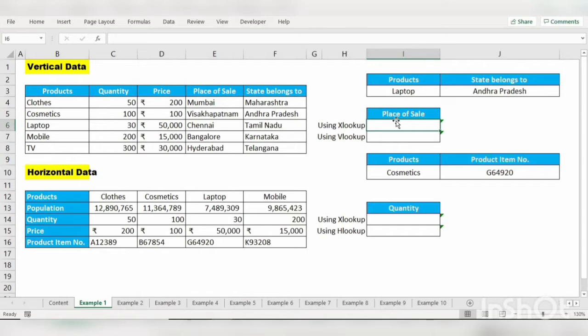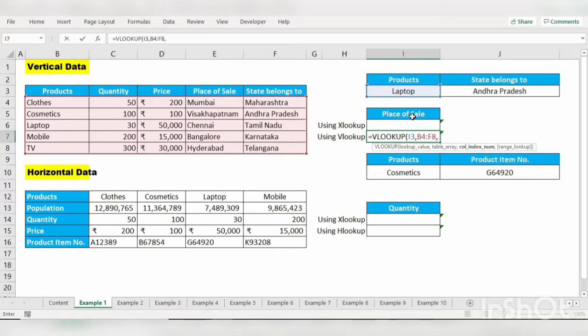Here we have vertical data and horizontal data. First we will use the vertical data and try to pull information from products. We are going to get the place of sale. Equal to VLOOKUP, the lookup value is product, and this is the table array, and we need a column index number.